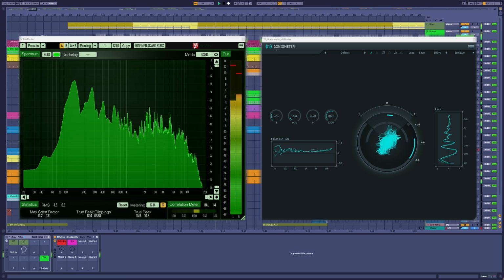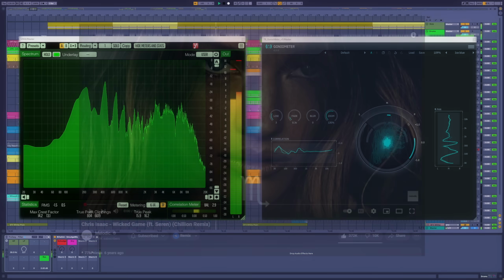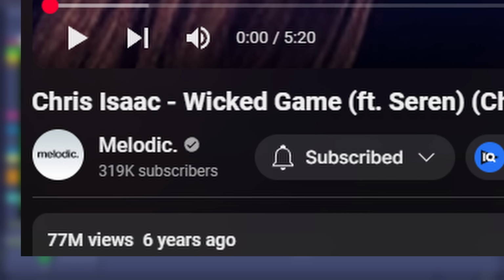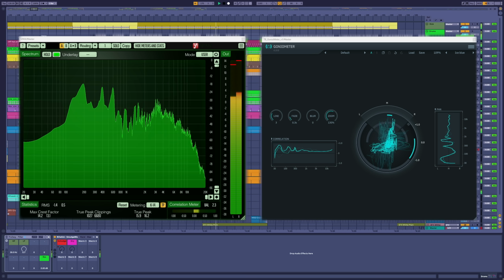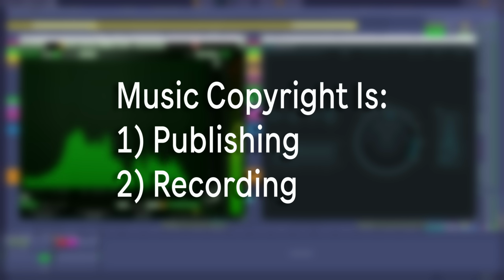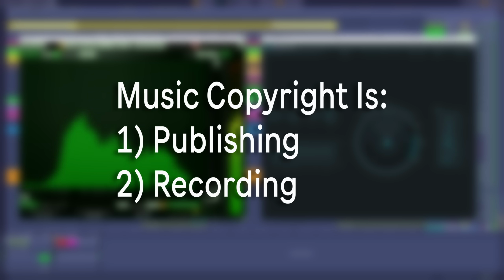I think the best example that cements the two copyrights in my mind is probably cover songs. Under this name, Bthelick, my most successful track is a cover of Chris Isaak's Wicked Game. And whenever my version of that track generates any money, the two copyrights get paid separately to their respective authors. So the songwriting royalties, the publishing royalties, will go to Chris Isaak and/or his publisher. And because it's my recording, my performance of his song, all the recording royalties go to me and the other